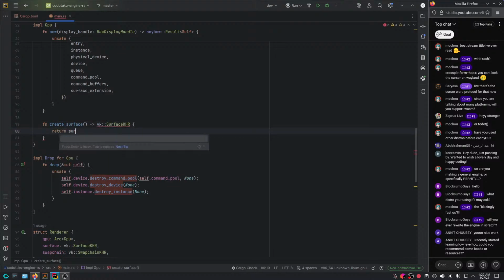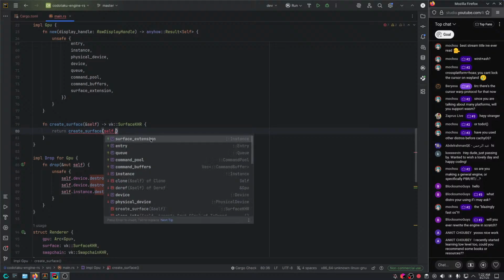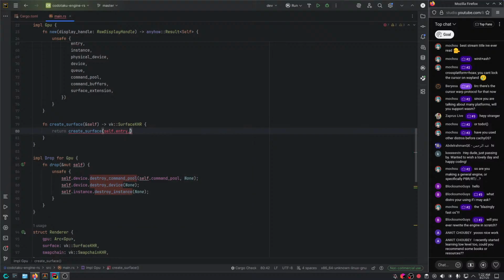So let's see. So surface, or create surface, yeah. Create surface, here we need to give it the entry. And the instance, well, of course we need a reference to self here. And oh, you actually have to basically say self.entry and self.instance. We're not in C++, okay. And what else? Bruh, come on.